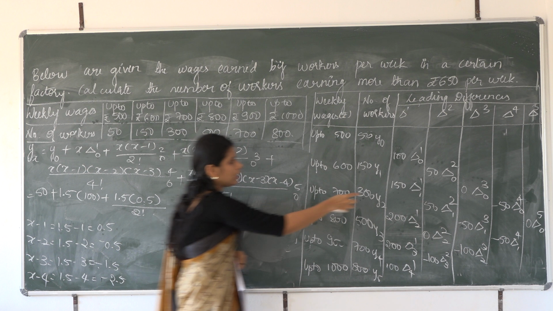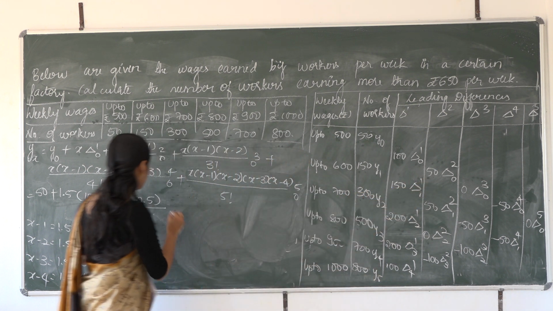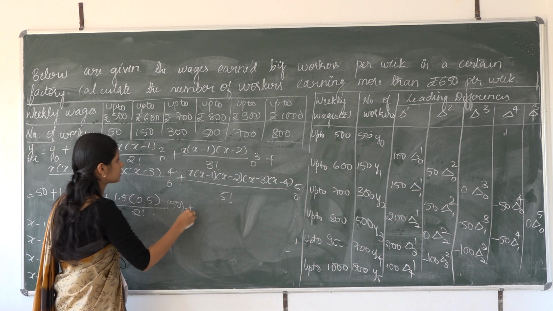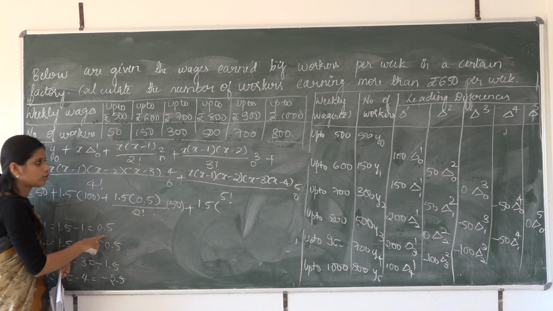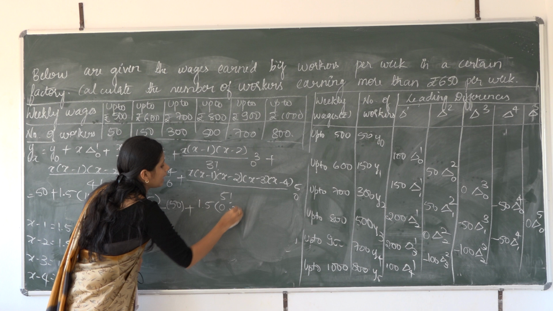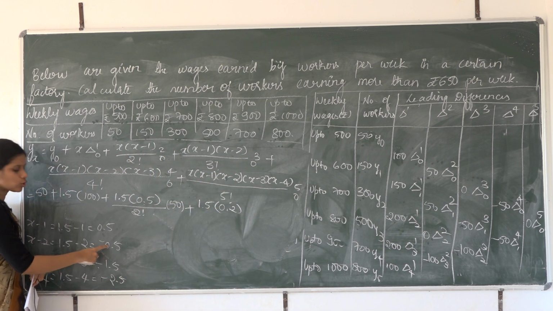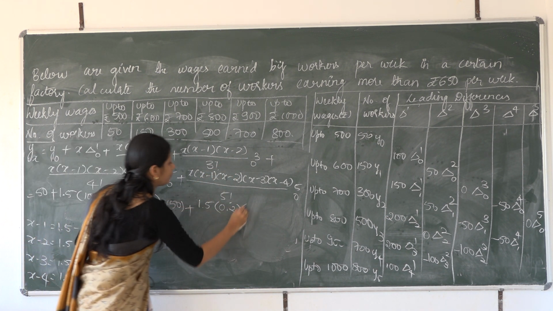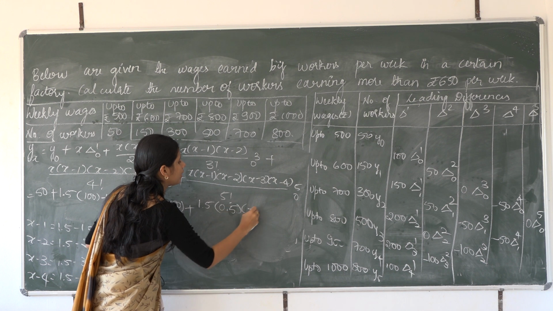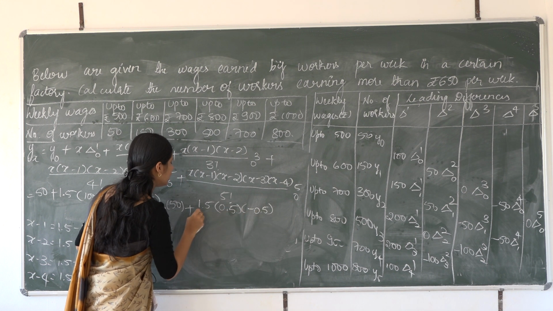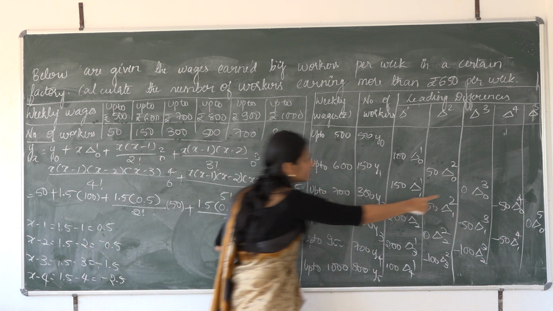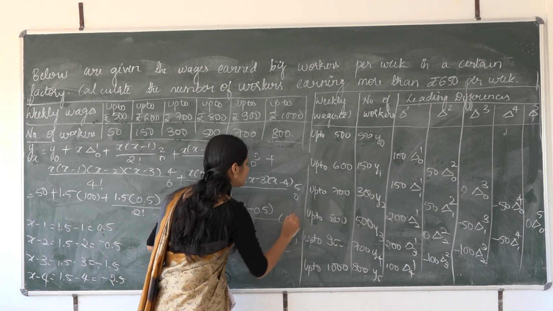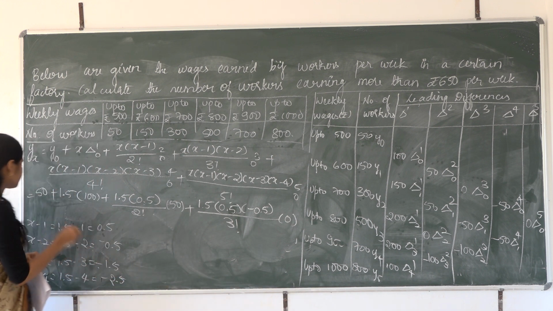Delta 0 raised to 2 value in the difference table is 50. So into 50 plus x value is 1.5, x minus 1 value is 0.5 and x minus 2 value is minus 0.5, divided by 3 factorial, delta 0 raised to 3. Delta 0 raised to 3 value is 0. Next plus